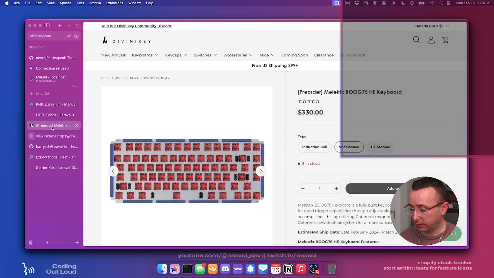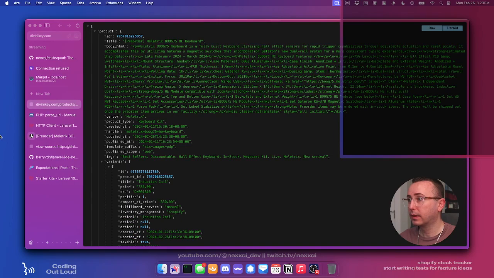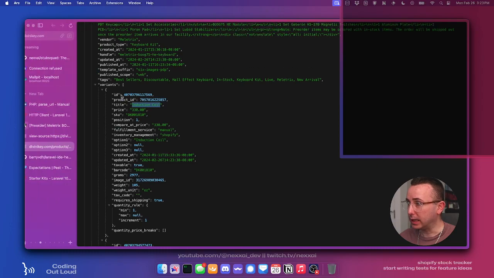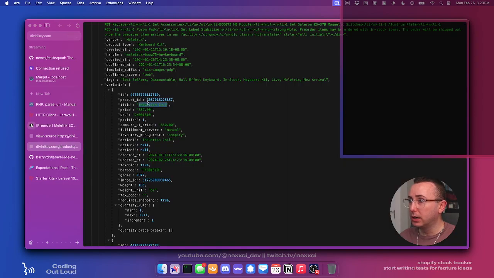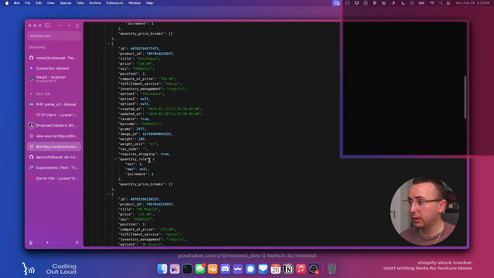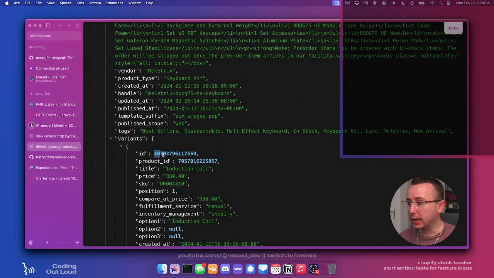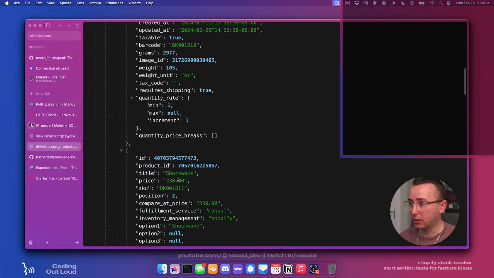Okay, so what if, again, just talking out loud here. If we go here, okay, so variants, we can look up the ID and get the variant name. So there's induction coil, shockwave, and HE module. Sorry, I'll make that bigger. So we'll look up the variant by their ID on the JSON, and we'll say induction coil, shockwave,